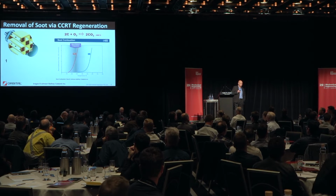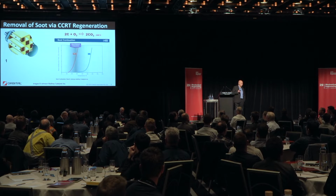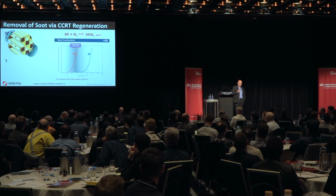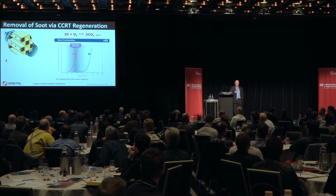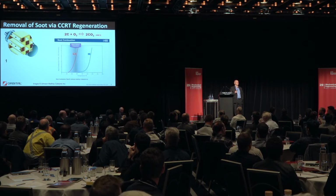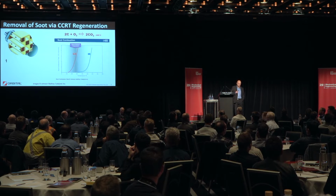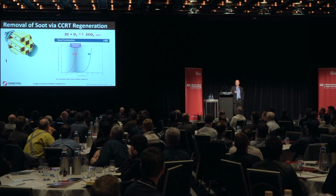The first reaction is pure oxidation. You have carbon, the soot, and you're trying to find some oxygen around which to oxidise that. And that needs some fairly high temperatures. As that graph shows, the blue line, the peak efficiency of that oxidation happens at 500-600 degrees Celsius. Typical diesel combustion temperatures don't get up there. So therefore you're not going to get a lot of efficiency if you're trying to rely purely on oxidation of